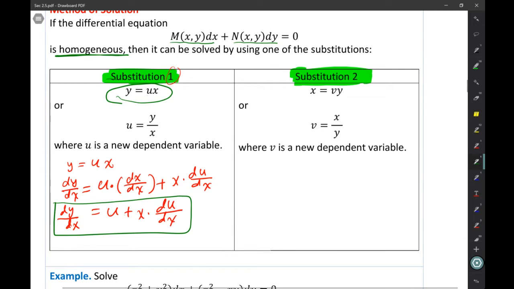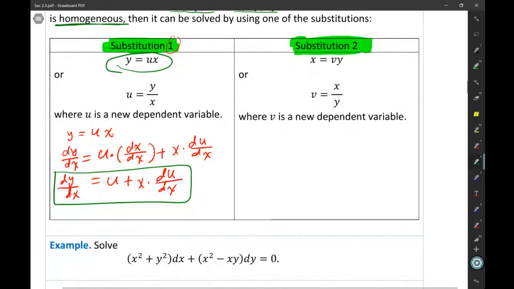Then solve it with respect to u and x. And when you find the solution, resubstitute back u to be y divided by x. The other way around is that